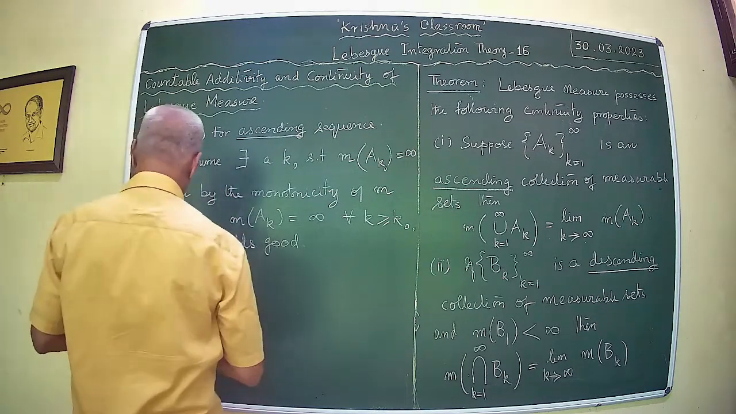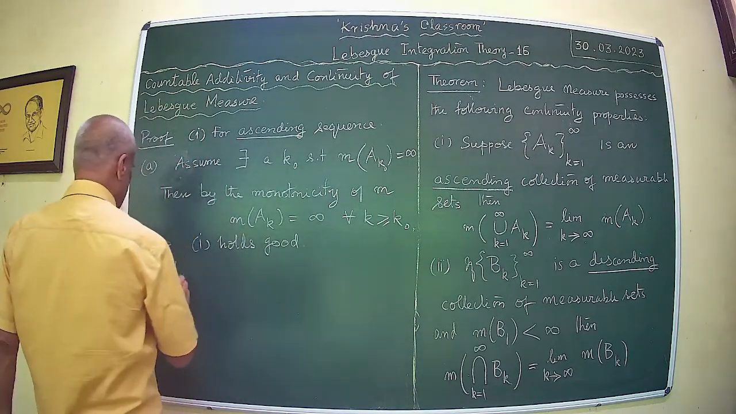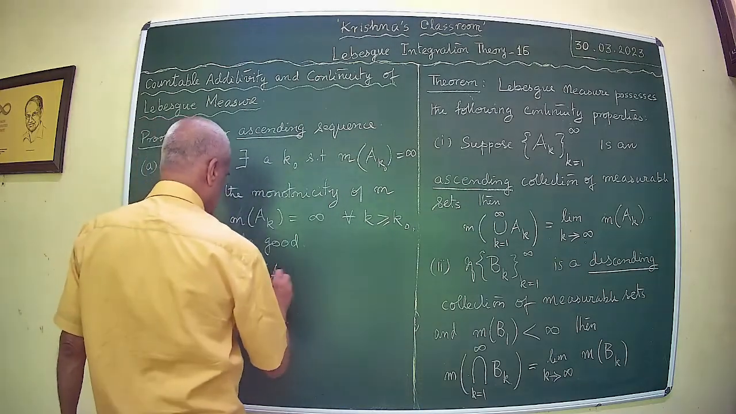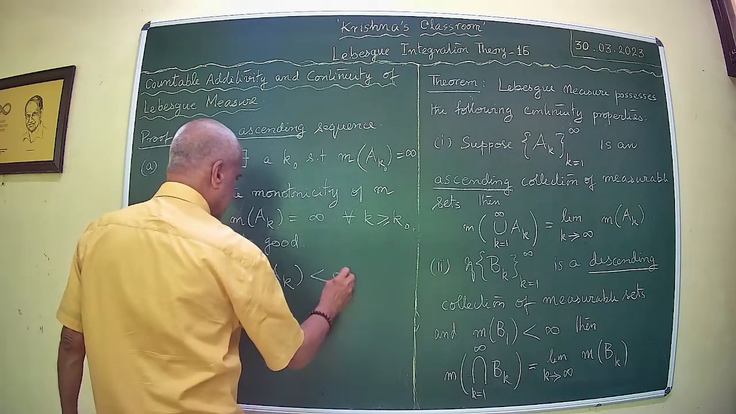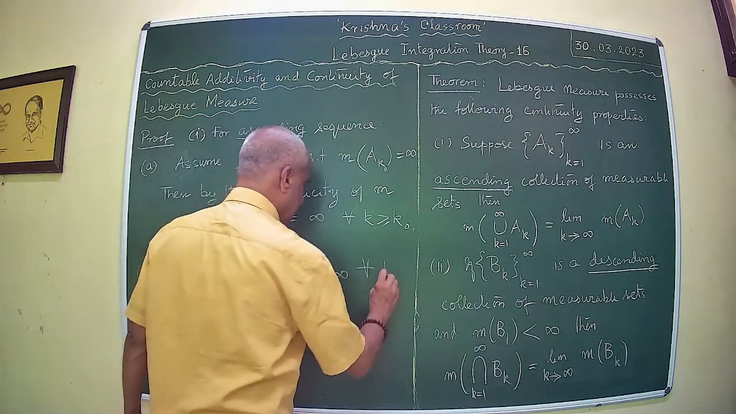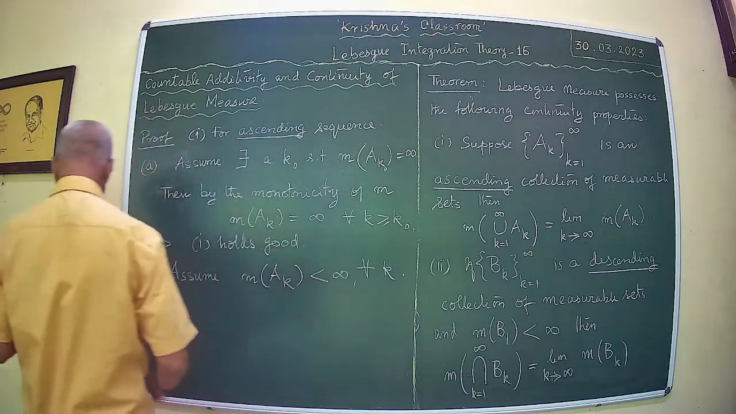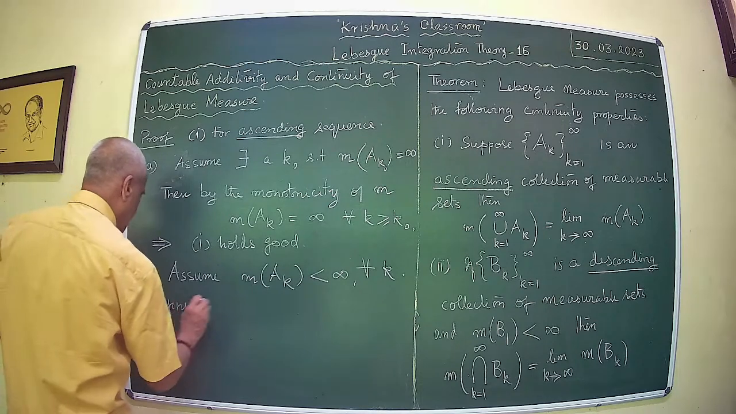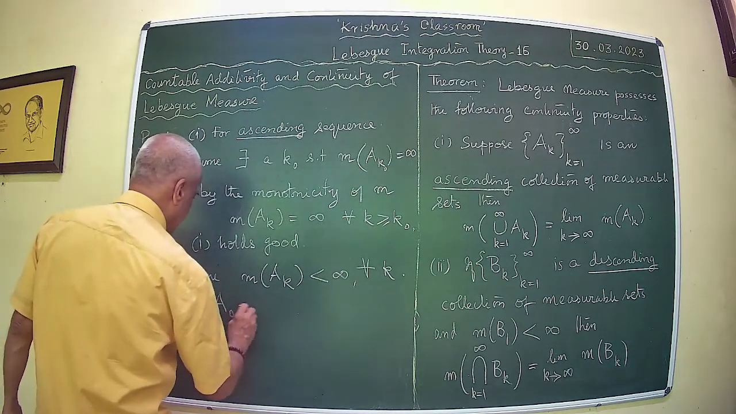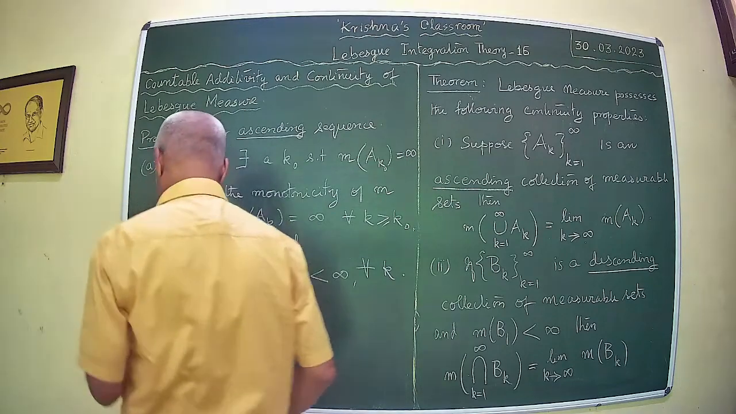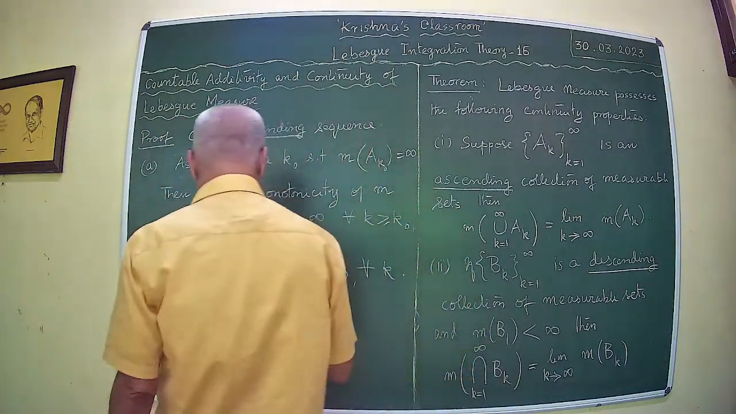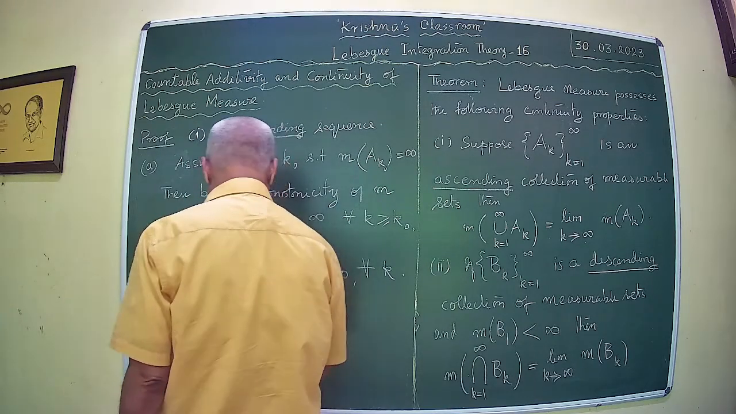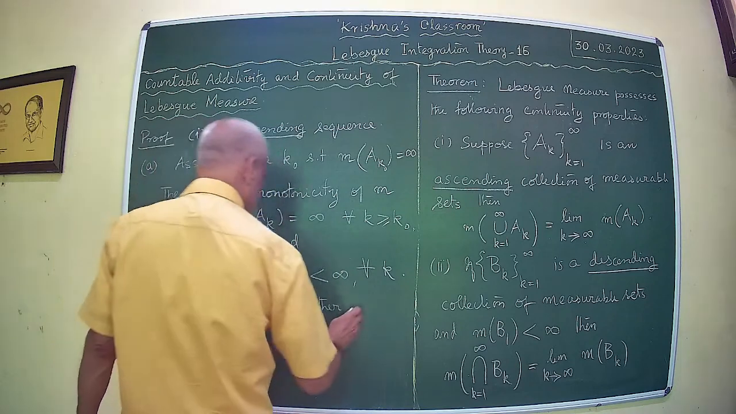Right. Assume A_k is finite for every k. Now define A naught to be the empty set. And now further define